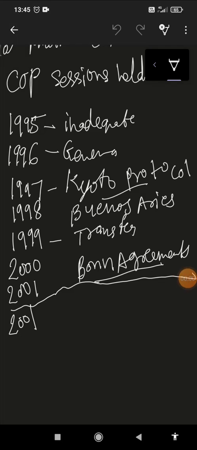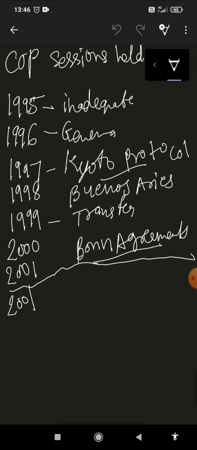Hey guys, so in the last lecture, we were seeing the various Conference of Parties sessions held. So we have seen 1995 to 2001. Now we'll see from 2001. So what were the major decisions taken in this Conference of Parties? In 2001, the COP was held in